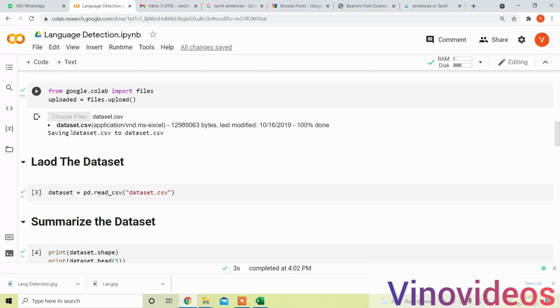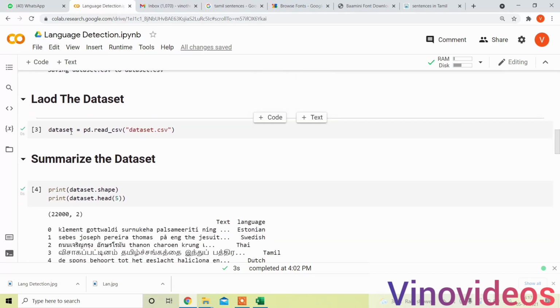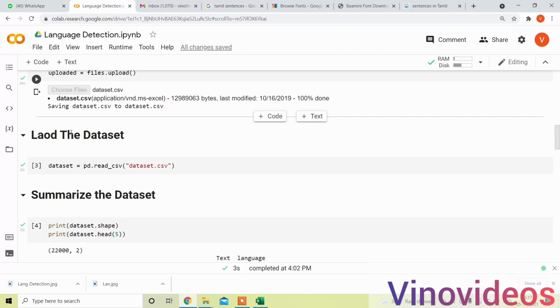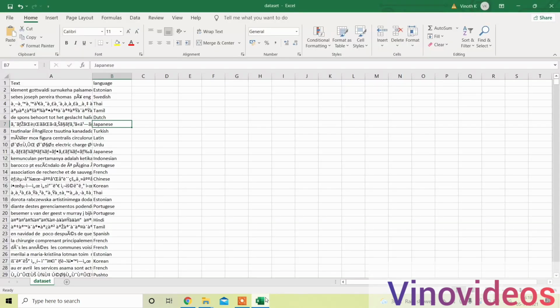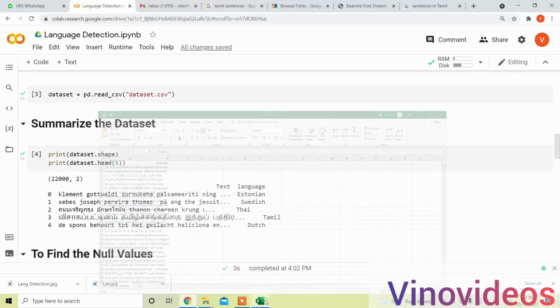After getting the dataset into this project, we need to read it. For that, I'm using the code dataset = pd.read_csv('dataset.csv'). CSV is nothing but a comma separated file, so this file is called a CSV file.